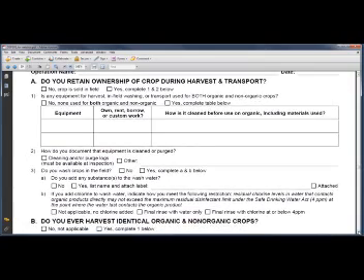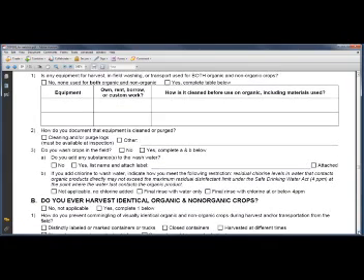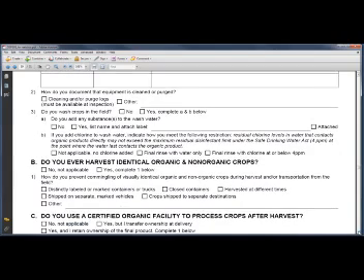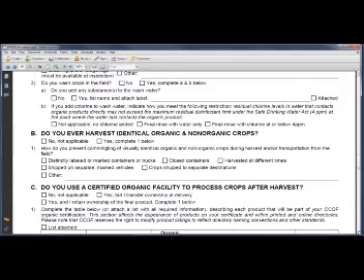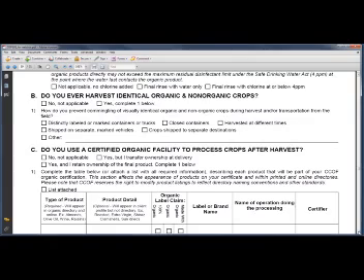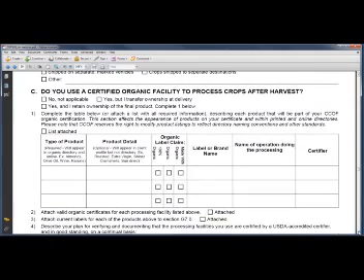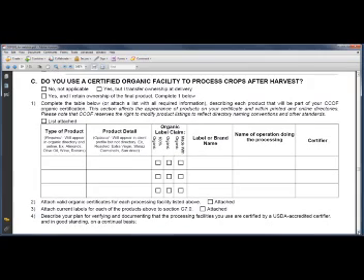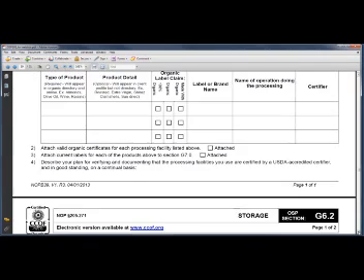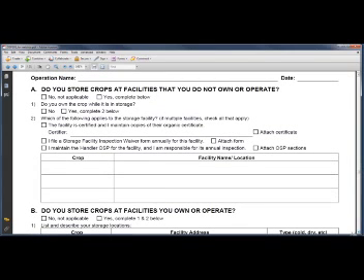This direct marketing, so this is if you do direct sale to consumers through community supported ag, farm stand, and any of this applies, then you just give us a description of what you're doing. But especially important is if you're reselling or sourcing or brokering from other operations. And if they're organic, then it's a lot easier. But if it's your neighbor that's not organic, then we're going to need a lot more detail from you, and